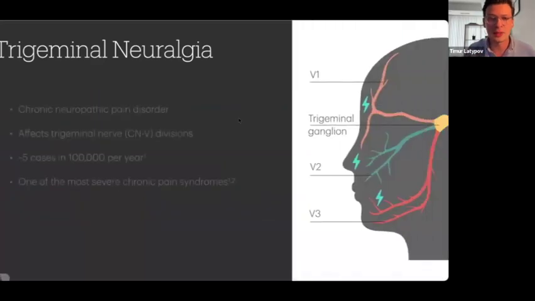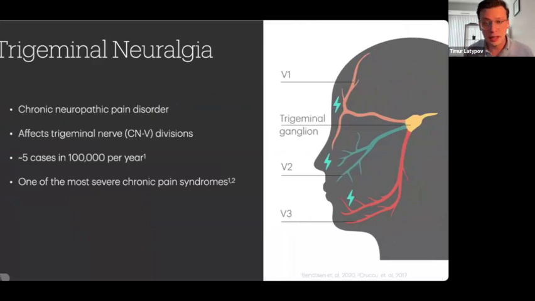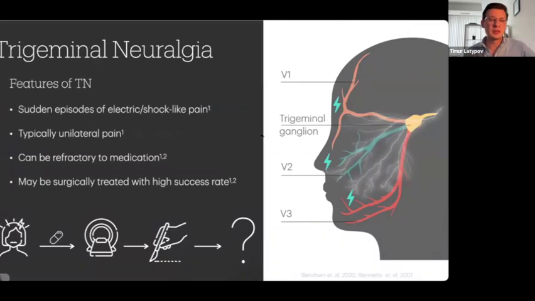It typically affects about 5 in 100,000 people annually, and the impact of this condition on quality of life is very profound, with many patients experiencing challenges in performing even daily activities, such as brushing teeth or eating. Typically, trigeminal neuralgia includes features like episodes of electric unilateral facial pain, and the complexity and severity of this disorder makes it challenging to treat, often requiring surgical interventions when medications fail. Surgery, however, in many cases, has the capacity to offer significant pain relief.